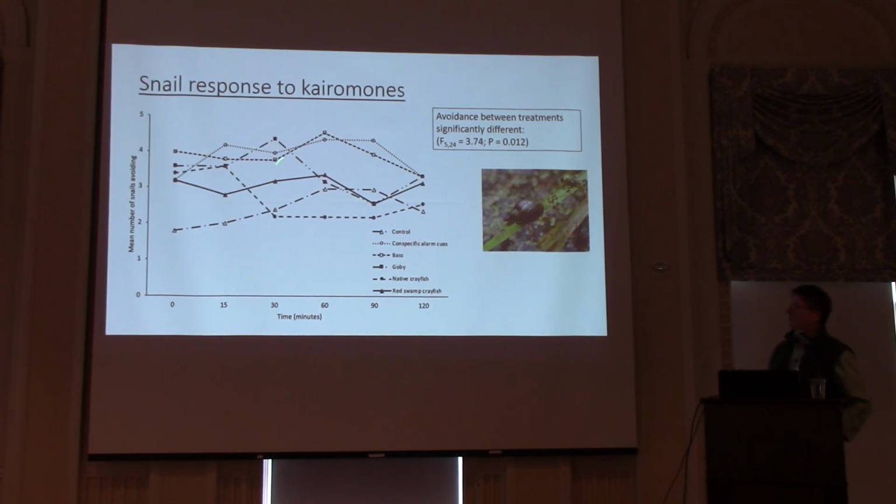Conspecific alarm cue, right? When organisms are attacked, their dermis is damaged, their cells are ruptured, and they release intraspecific scents. Conspecifics recognize this as an alarm, and they take evasive action, whatever that might be. And they respond consistently and strongly to that kind of scent. Similarly, largemouth bass or smallmouth bass, native predatory fish that they're quite familiar with from their habitat, the response to that particular scent was sustained and fairly strong.